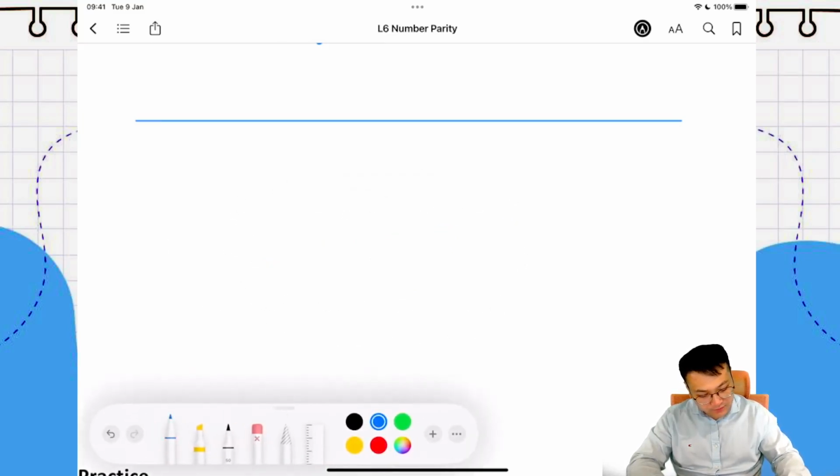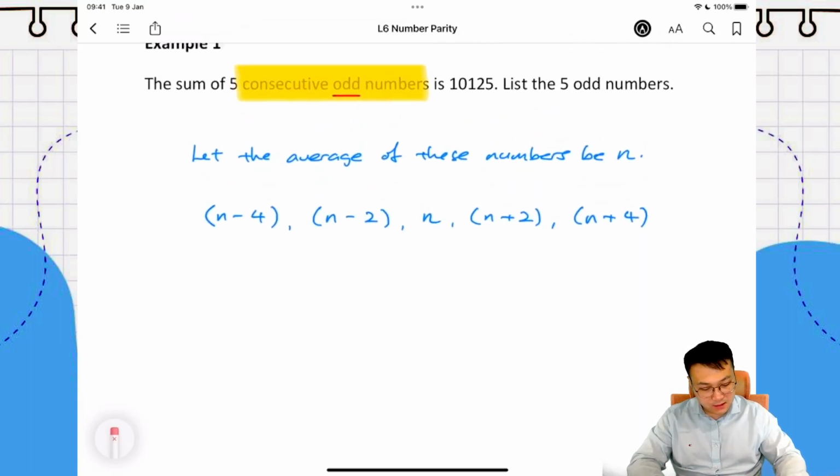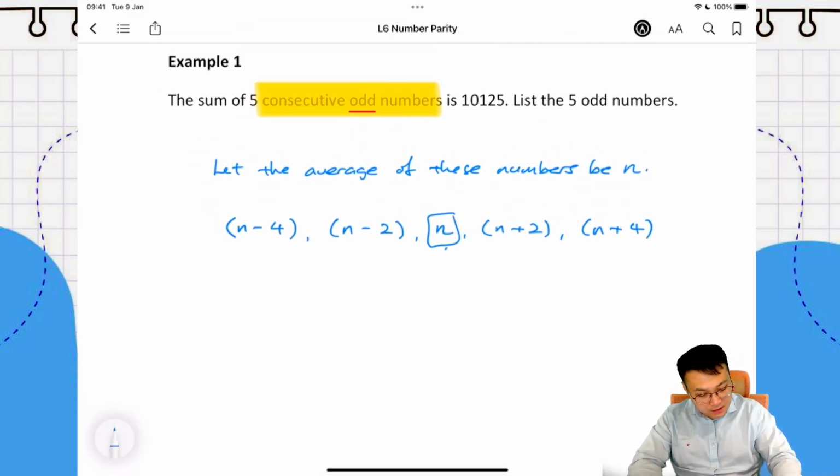We are going to let the first number be n minus 4. The next number is going to be n minus 2. The middle number is n. After that, we're going to have n plus 2 and n plus 4. So those are the 5 numbers that the question is talking about. And the number in the middle is actually the